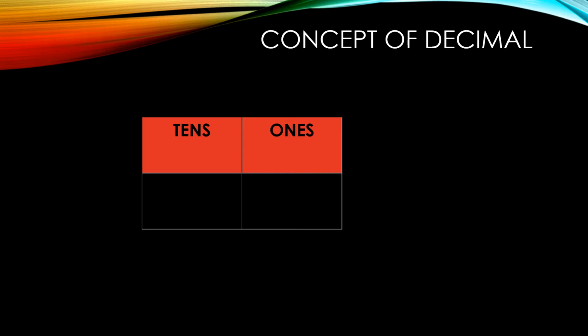Arrange number 7 in the place value chart. If we multiply 7 by 10, we get 70. We observe that when we multiply 7 by 10, 7 jumps one column to the left. If we divide 70 by 10, we get 7. Again we observe that when we divide 70 by 10, 7 jumps one column to the right.